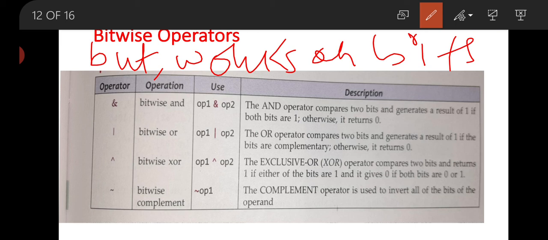They can perform on a single bit. Now we have included bitwise AND, bitwise OR, bitwise XOR and bitwise NOT or complement.